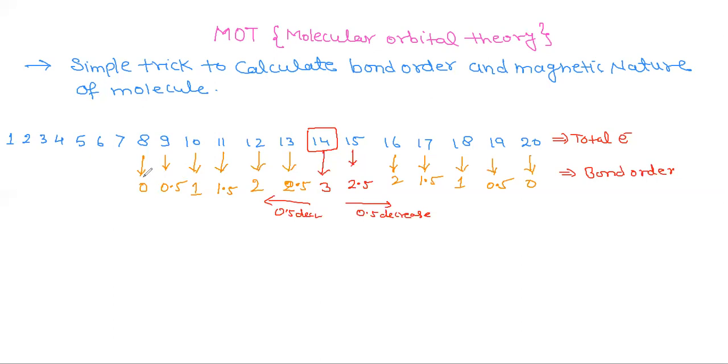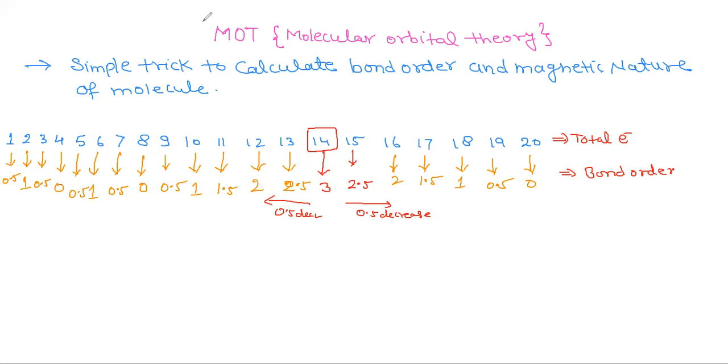After this, what will you do? You increase till 1 and then decrease. Just like what I am saying: increase 0.5, so this is 0.5. Again increase 0.5, this will come to 1. Now decrease 0.5 and then again 0. After that, again increase 0.5, 1, and the last one 0.5. Increase till 1 and then decrease till 0 after 8.